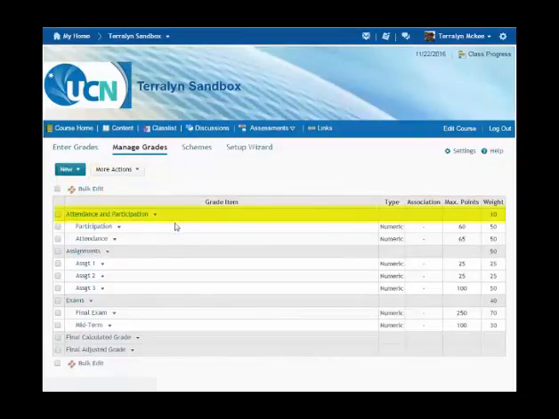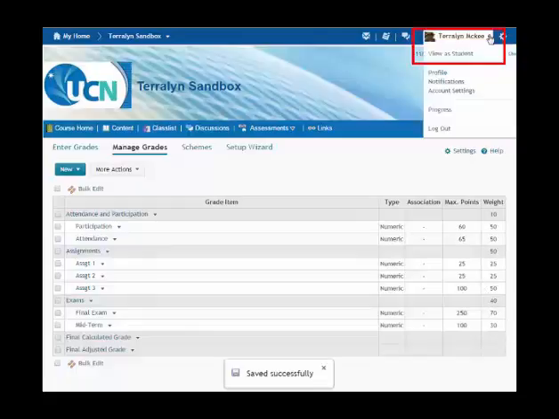So if you look at each of the category columns, which are the blue columns, and you add up the values in these columns, 10, 50, and 40 equal 100. Under each one of these categories, the items add up to 100 as well. 50 and 50, 100, 25, 25, 50 equal 100, and 70 and 30 equal 100. So our gradebook balances out, and our maximum points are simply variables that we can increase or decrease without impacting the correct weight. Let's have a look at the student view